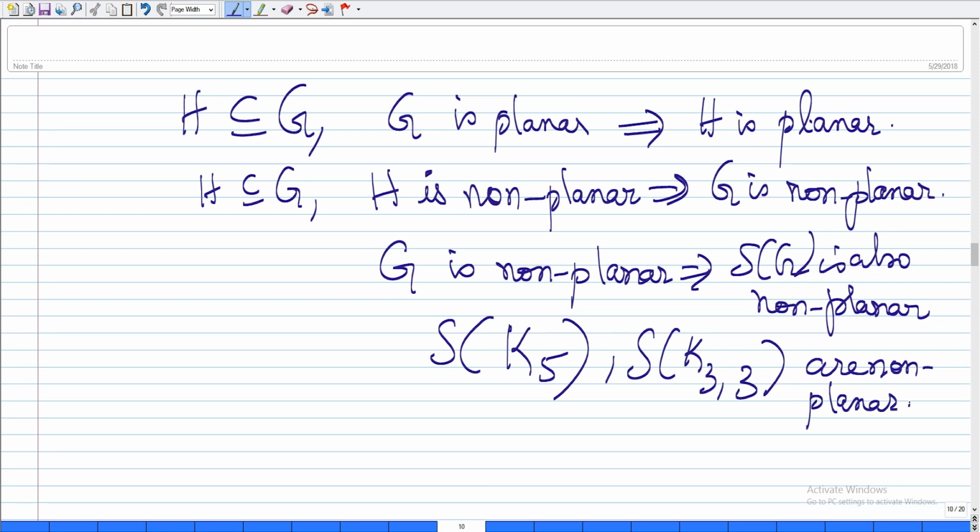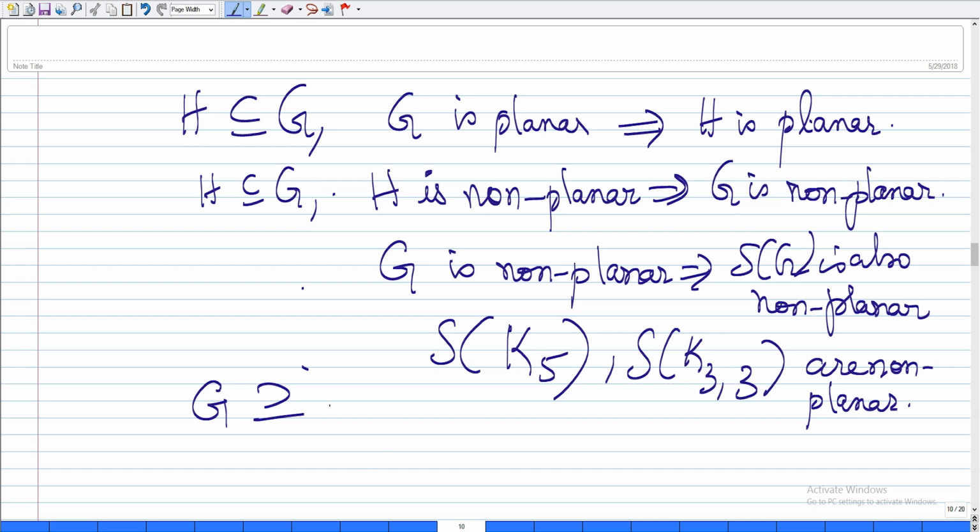right. So, now can you all visualize where I am heading to? I have given you a list of items, bullet points that I am trying to target, right. The subdivision of K5 and the subdivision of K33 are all non-planar, I know, because K5 and K33 are non-planar. So, can I combine the second and this fourth one to say something? So, can I say that if G contains